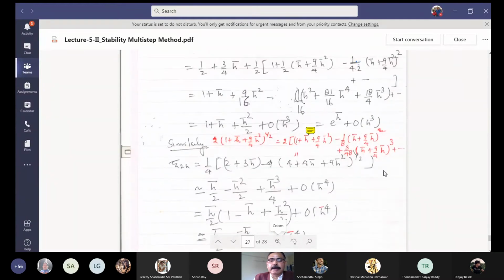With minus 1. So minus 1, 1 by h, 2 plus 3h bar minus 4 plus 4h plus 9h bar squared power half. So this I have written in red one. This equals, I have rewritten this on top. And then I have written 2, 1 plus h bar plus 9 by 4 h bar square, and then next term, like that. Is that clear?